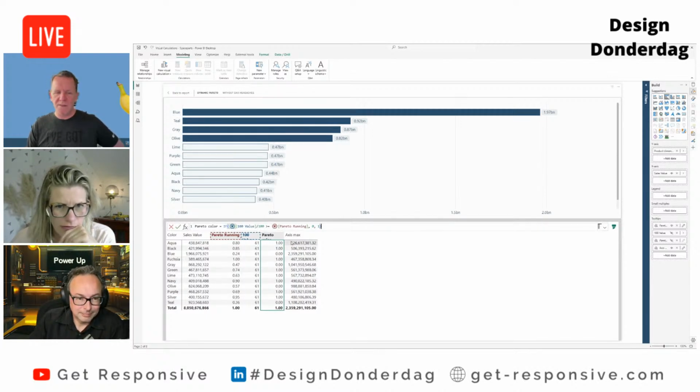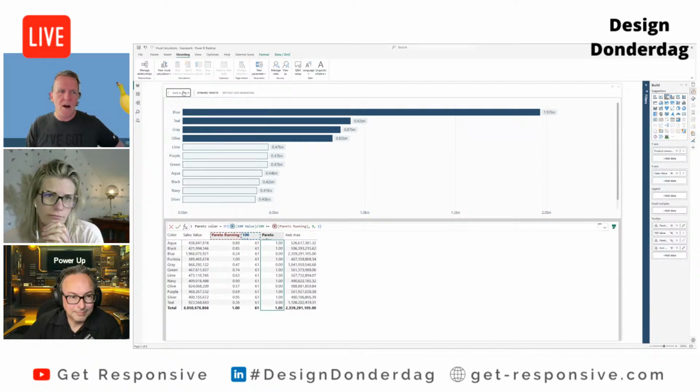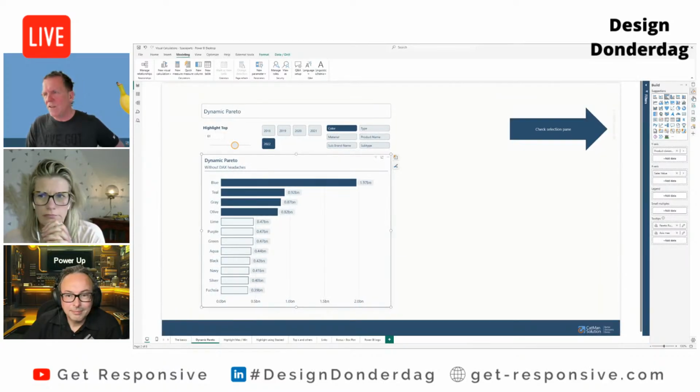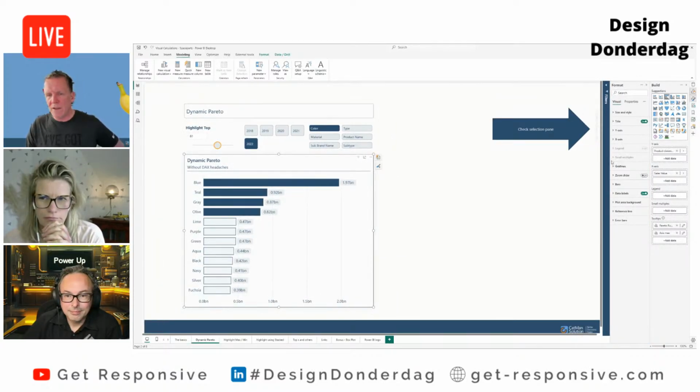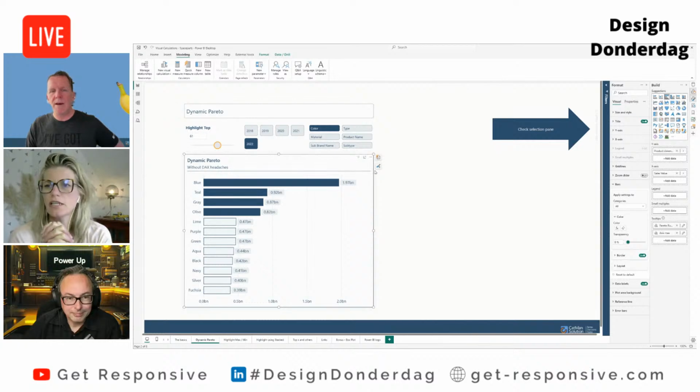And if it is, then put in a 0 or put in a 1. Now, and then we switch to the formatting pane and go into the bars. And then we click on the conditional formatting here. And then I've added a rule where I add a rule. I don't see that pop-up now, but